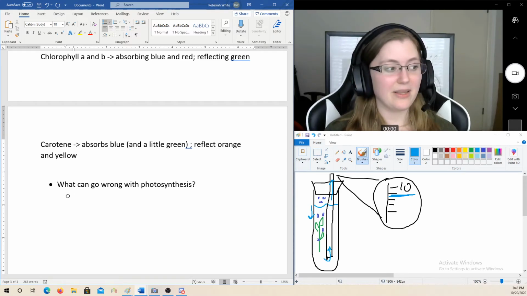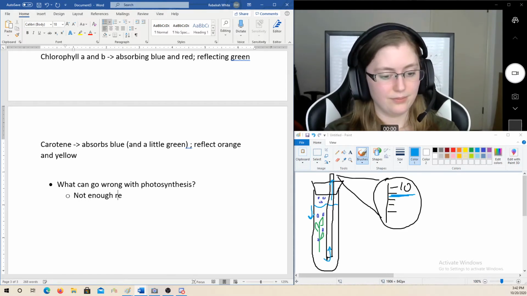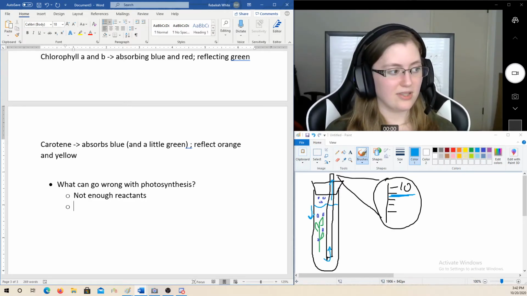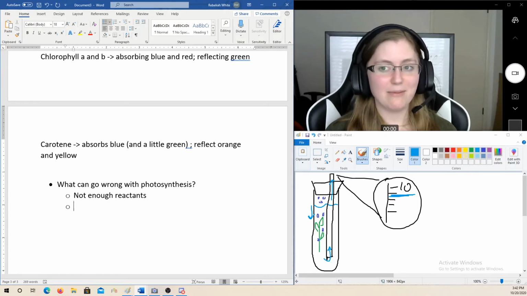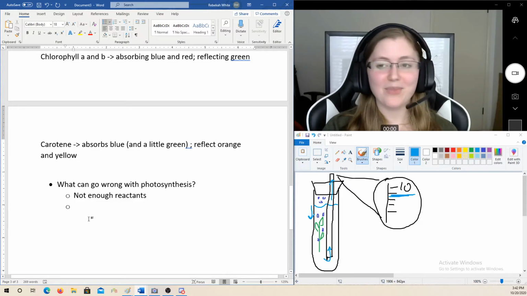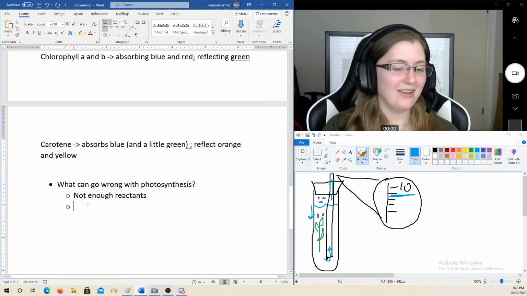Yep, that's definitely part of it. So if you don't have enough of your reactants, you're not going to be able to fully undergo photosynthesis. Any other ones? Any other guesses? I'm leading up to a really specific one. Okay, so another possibility is not enough light,